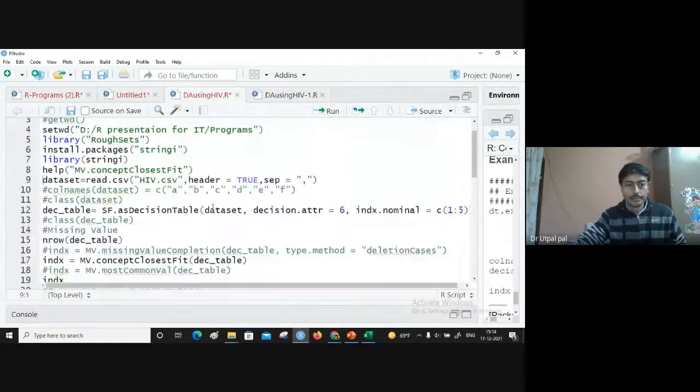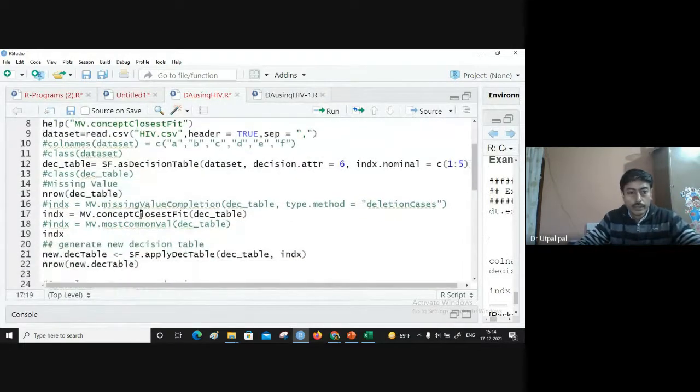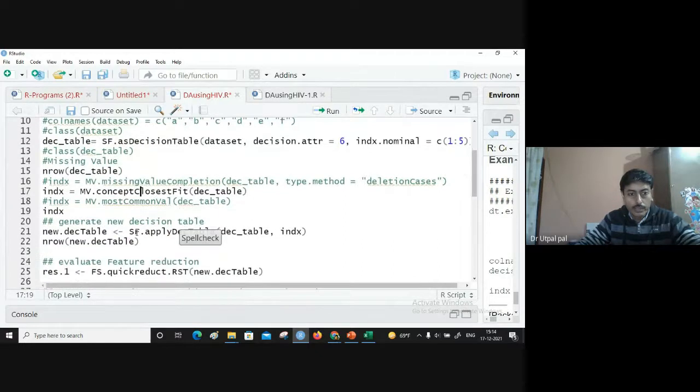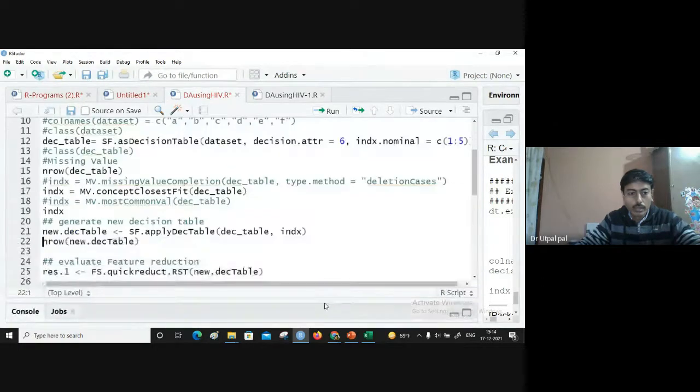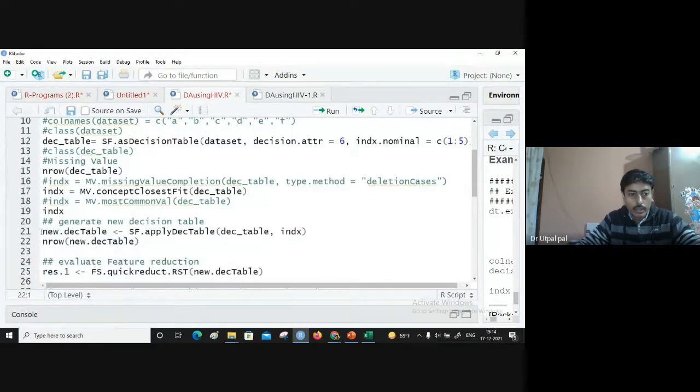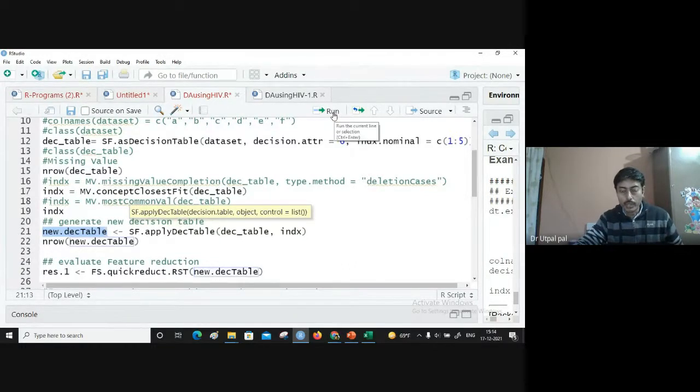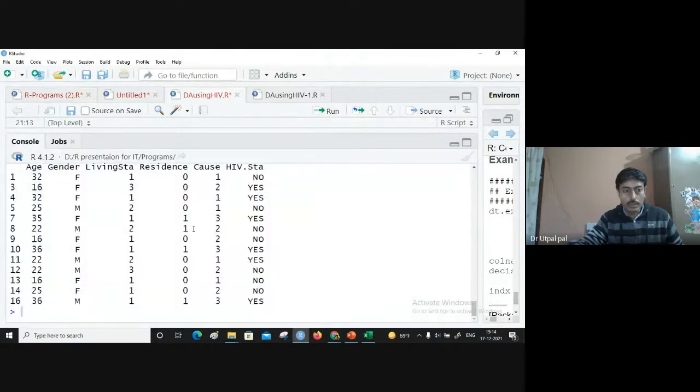Okay, so next, I need to convert it into a decision table. Now, if I print this table, because after missing value completion, I should not have the missing values. So let us see whether missing values can be seen.